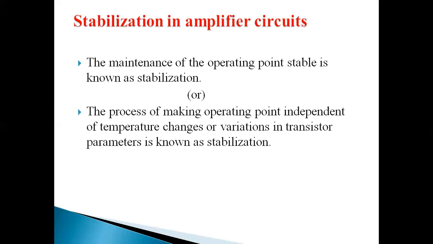And the third one is thermal runaway. As we have seen, the collector leakage current increases with rise in temperature. Due to this, the flow of collector current produces heat. As the collector leakage current increases, the collector current also increases, due to which heat is produced within the transistor. This rise in temperature damages or destroys the transistor. This process is continuous and cumulative, and since it is cumulative, the transistor itself will be destroyed.